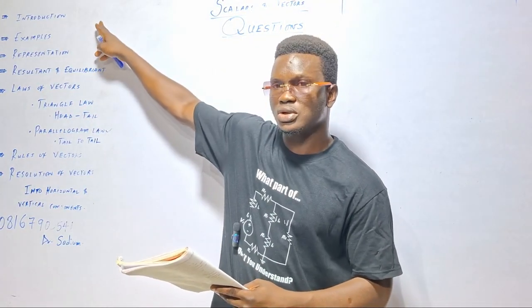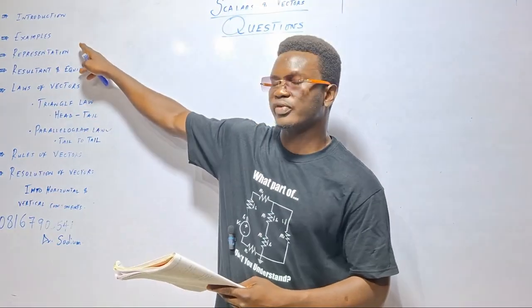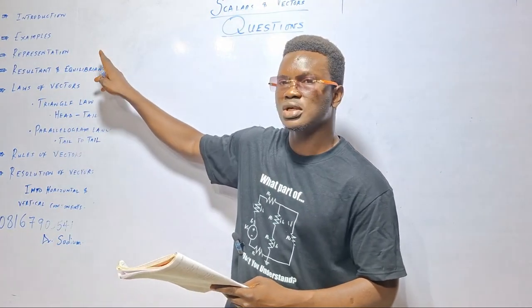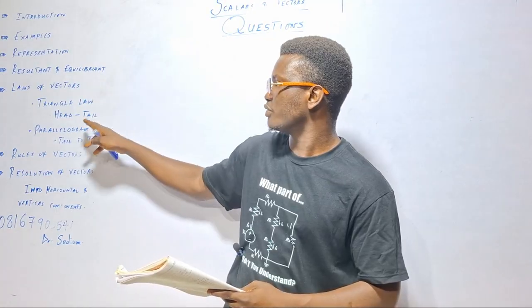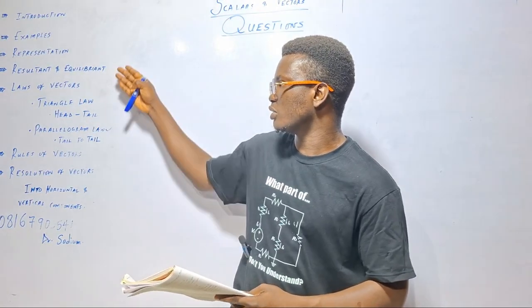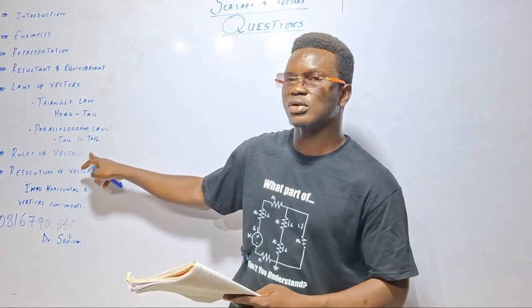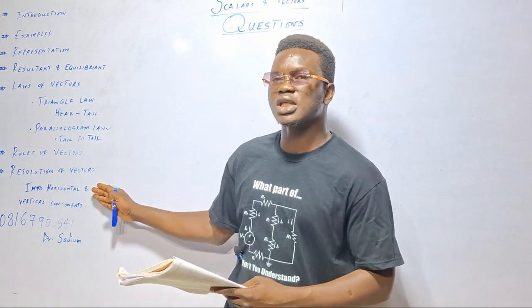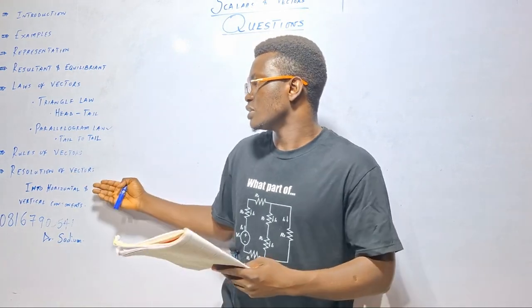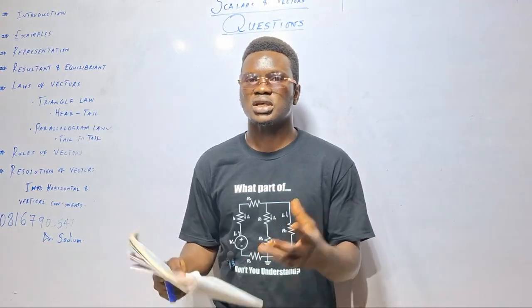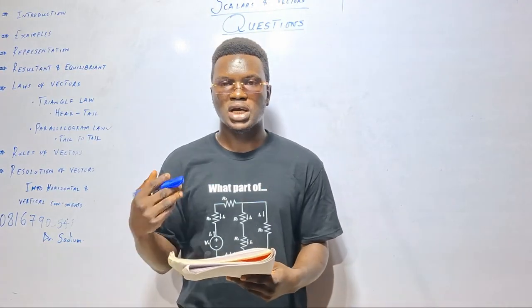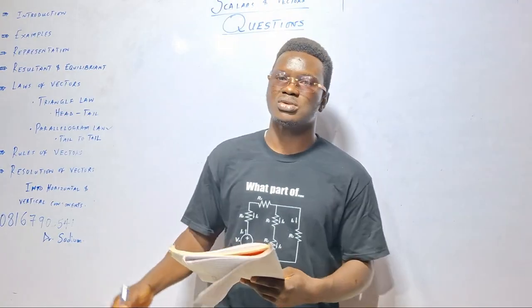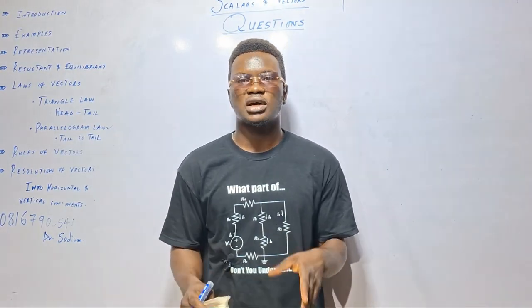So I talked about introduction to vectors, examples of vectors, representation of vectors, resultants and equilibrants, laws of vectors, triangular and parallelogram law, and how to apply them, the rules of vectors, and the resolution of vectors into horizontal and vertical components. We talked about all of these things to make it all clear. So now we want to apply these things I taught you in the last class to solving these calculation